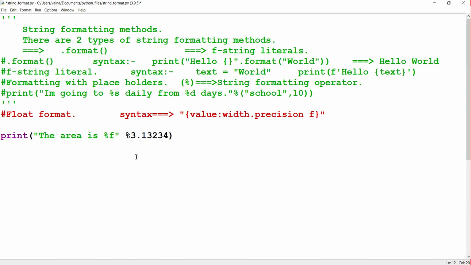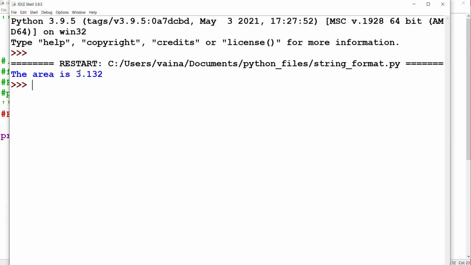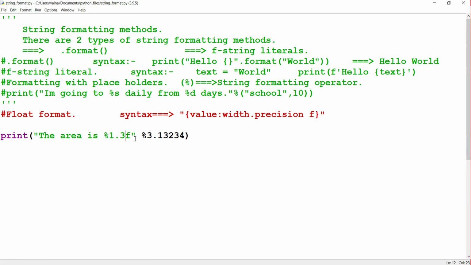The width we give as 1 for now, and after the dot the precision is given as 3. If you want to print up to 3 decimal points, I give 3, and if you run it, we get "The area is 3.132". So we got 3 digits after the decimal point.